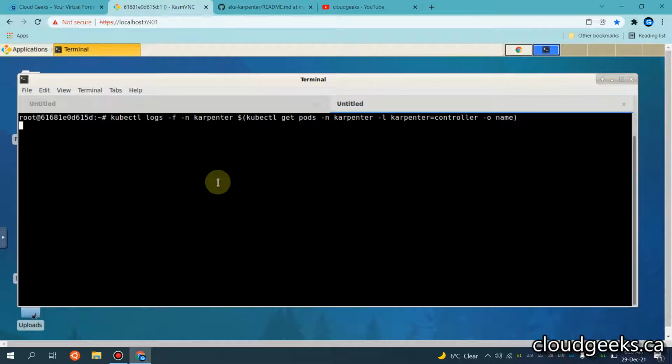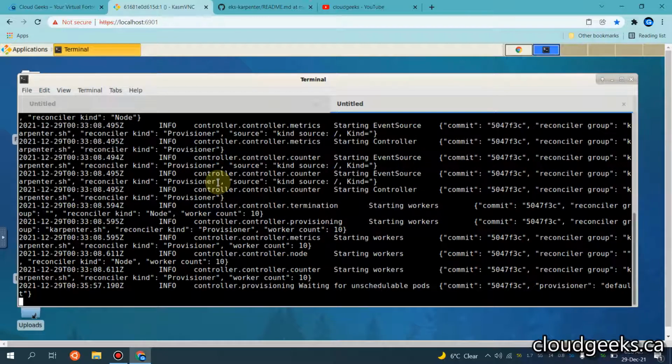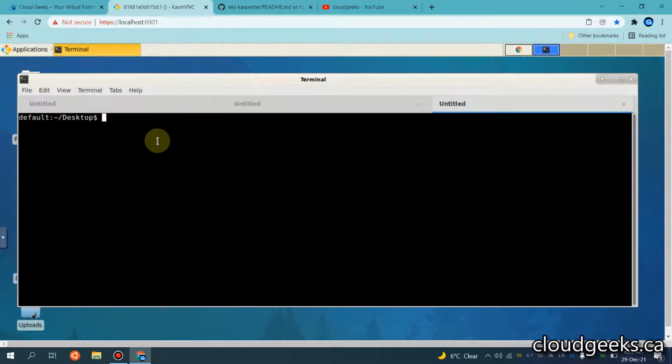So with this command, we will be able to see the logs of Karpenter. You see, the logs are available. Currently we have not set up any metric server and all that stuff. So let me also open one another tab. Let me do sudo here.